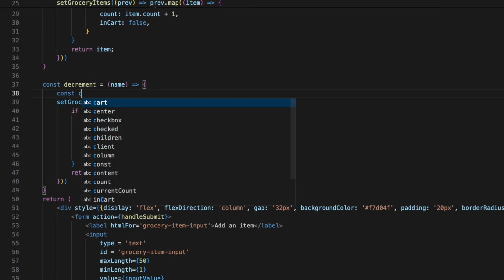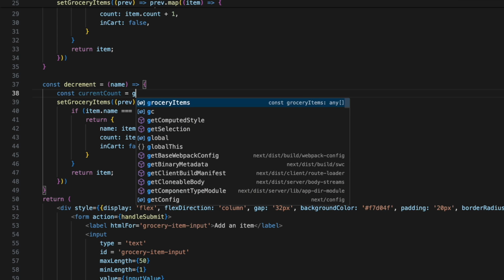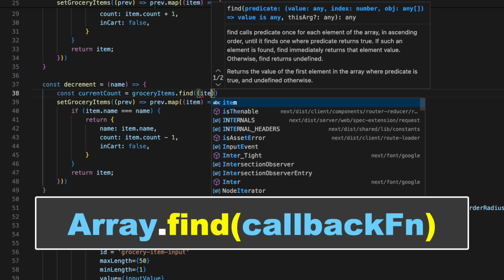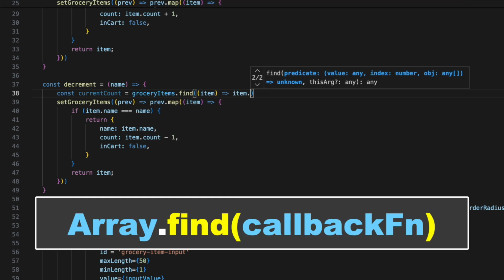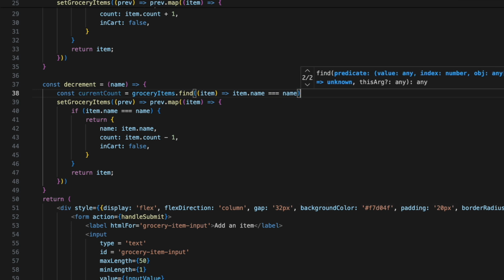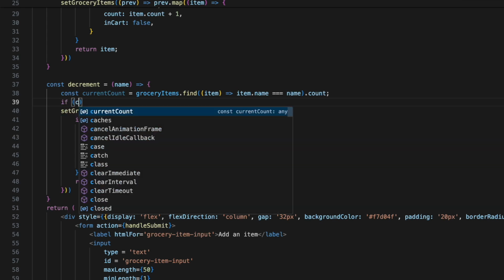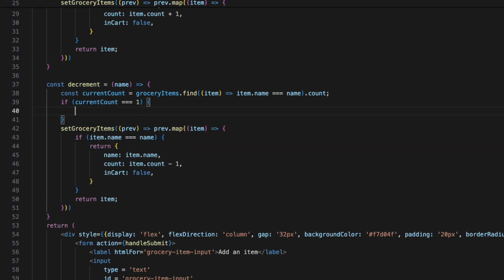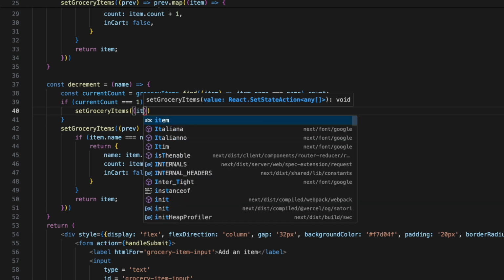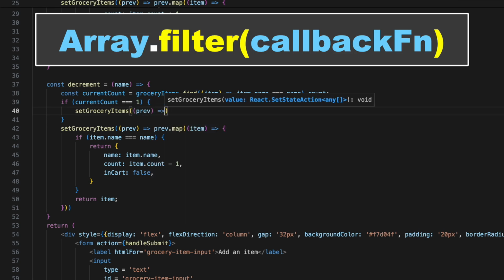Let's update our decrement function to first check if the count is currently 1. We will use a find function to get the grocery item from the list, and then access the count to get the number. Next, we will use an if statement to check that the count is 1. And within it, we will use a setGroceryItems function in combination with the filter function to remove the item from